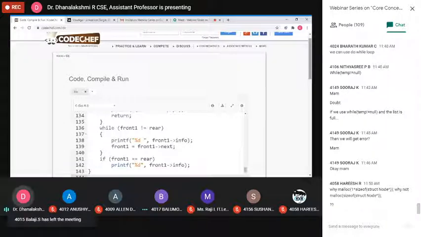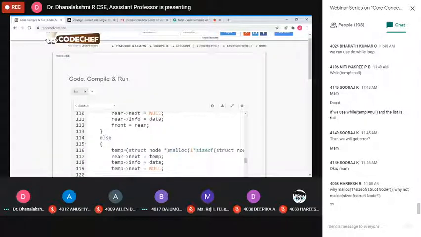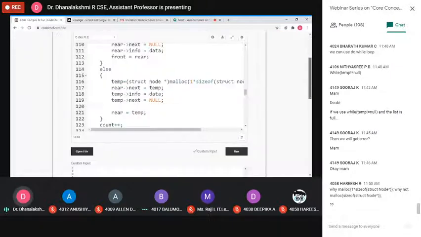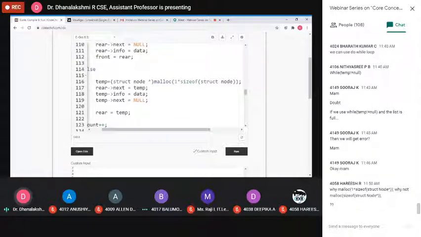What is the question, Harish? Why malloc? This is another format, similar to what we have written so far. What is the syntax for the malloc function? The variable new node is equal to struct node type asterisk malloc, and usually we write sizeof struct node type.